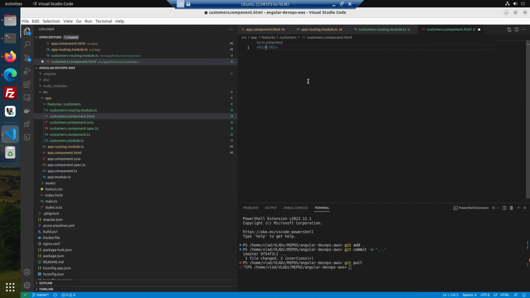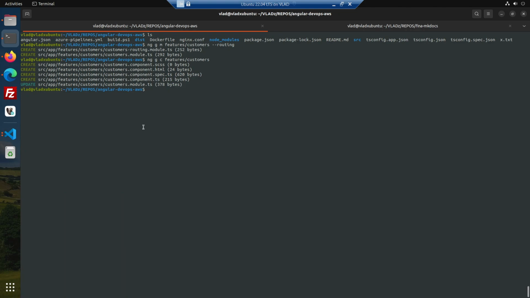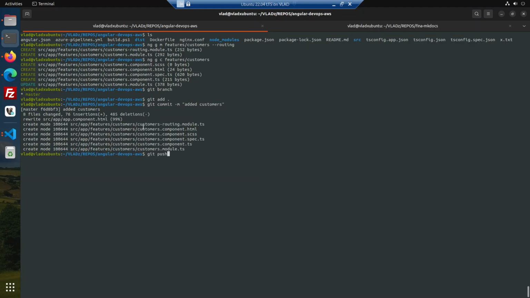So here we can put customers. Right, so this is in the master branch. So if we push this, added customers, and then we push this,